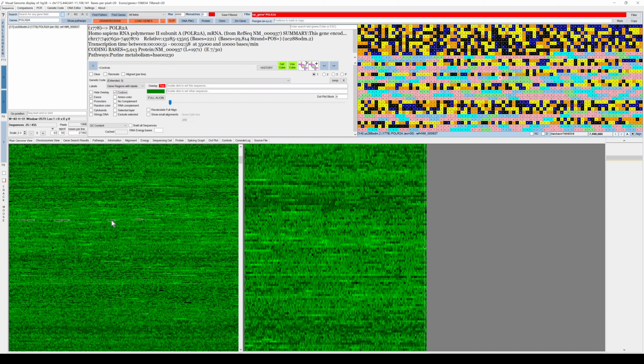Another way to accomplish that is just to press the middle button, which allows you to jump between the two views. That is sometimes handy, especially if you are switching on this checkbox over here, where you could slide your mouse across the genome and then it navigates to where you want to be.